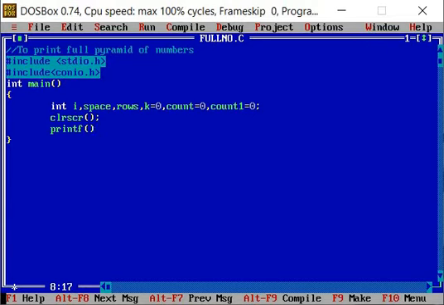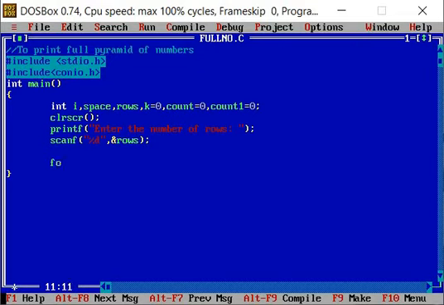Now we will display the message by using the printf function: "Enter the number of rows". As we are taking input from the user, we are using the scanf function, %d, comma, ampersand of rows.